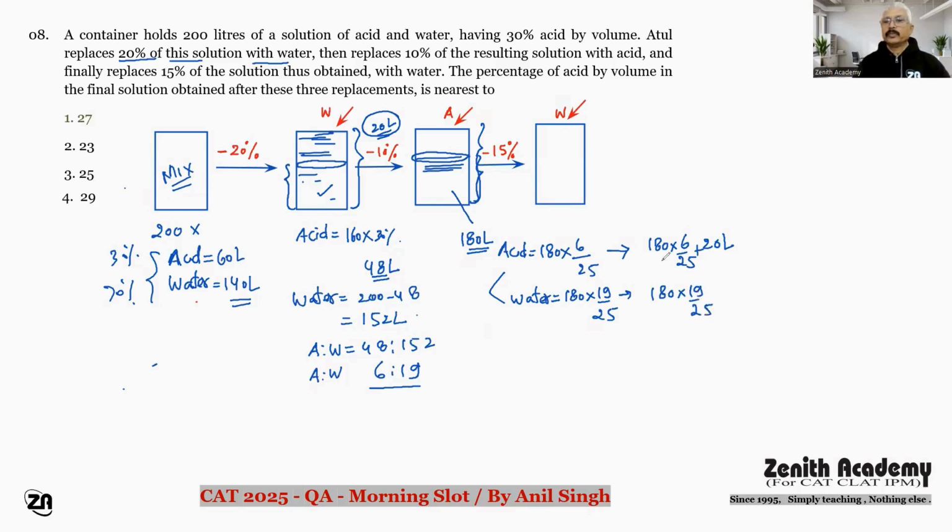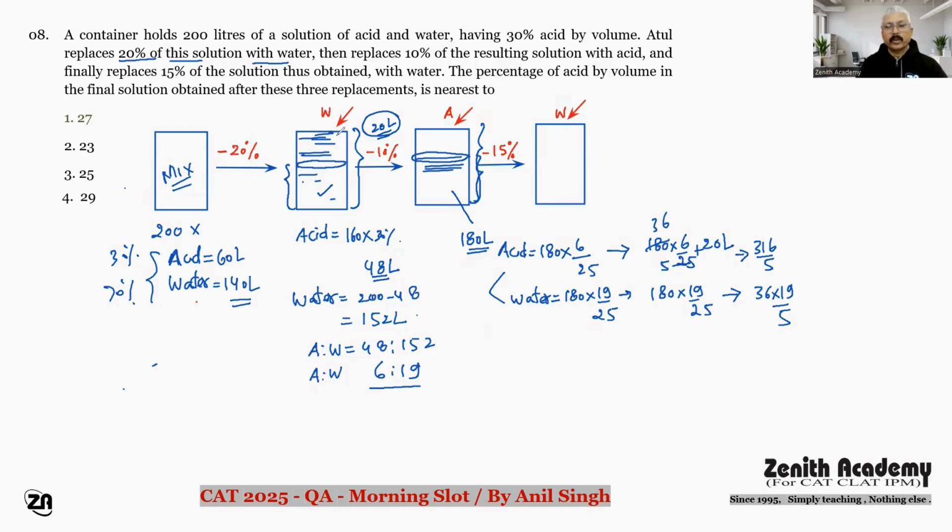19/25। सो दिस इज अ न्यू रेशियो। आप इसको अगर सिंप्लीफाई करें, मैंने कर रखा है, ये आ रहा 36, 5 और 5, 20, 100 हो जाएगा। 6 इंटू 36, सो इट इज 216 प्लस 100, ये हो जाता है आपका 316, सॉरी 316 हो जाएगा ये, 316/5। एंड हियर अगर इसको आप कैलकुलेट करेंगे तो ये हो जाएगा आपका 36 इंटू 19/5। दिस इज अ न्यू रेशियो ऑफ एसिड एंड वाटर। ये आपका एसिड है और ये वाटर है। करेक्ट।